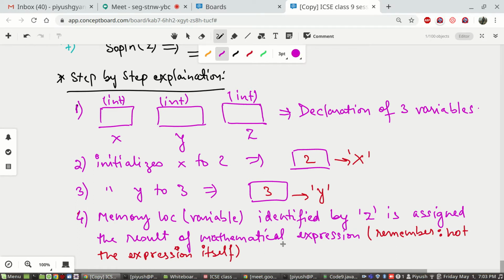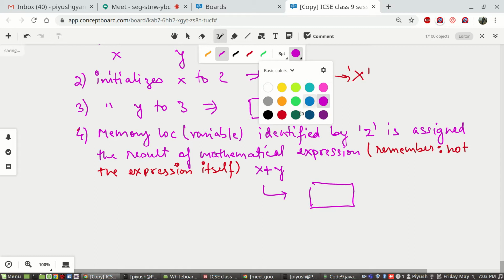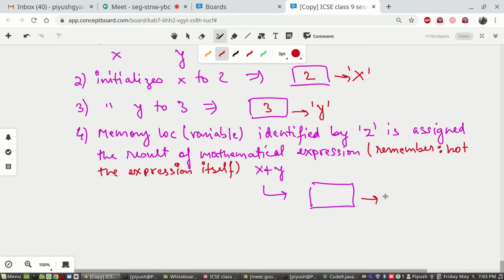Z is assigned the result of the mathematical expression x plus y. So this will have the effect of the memory location identified by z having the value, the result of x plus y.